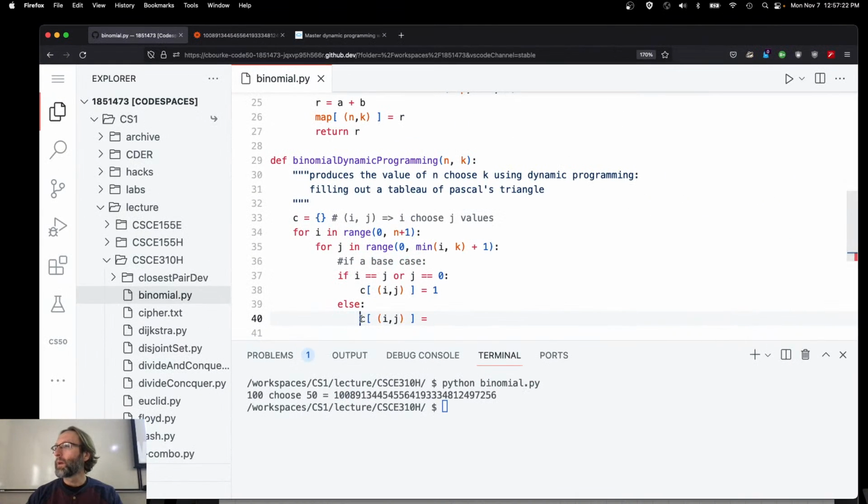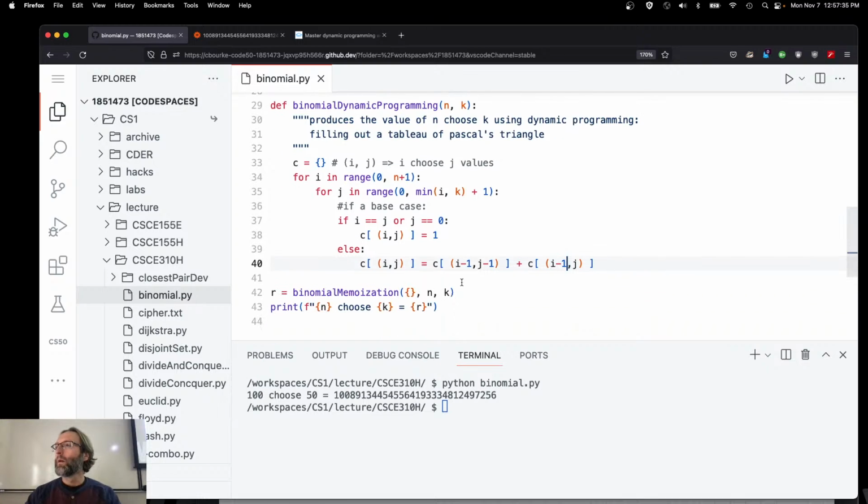So let me copy this, plus this, and subtract 1 on both of these, and subtract 1 on the first one of the second one. Okay? Yeah, go ahead. So technically, can we use the 2D array? You can, but like I said, you'd have to initialize it with a list of lists. So you'd have to go,